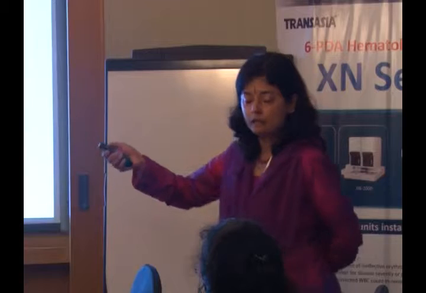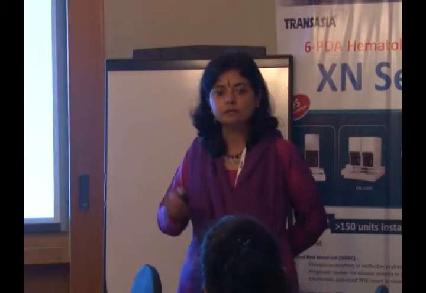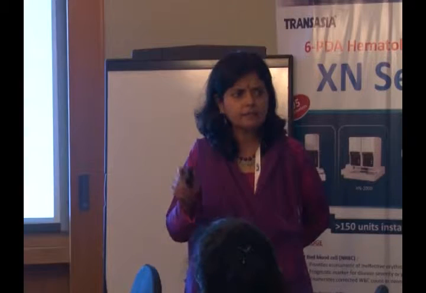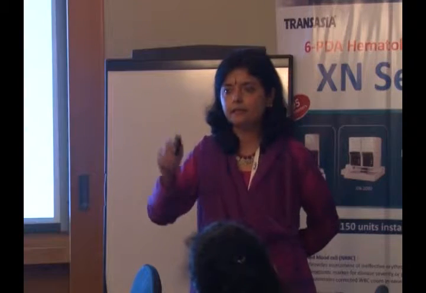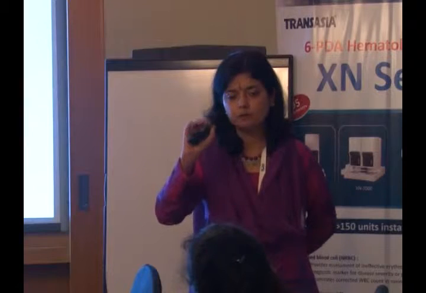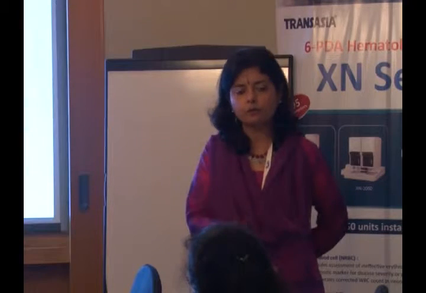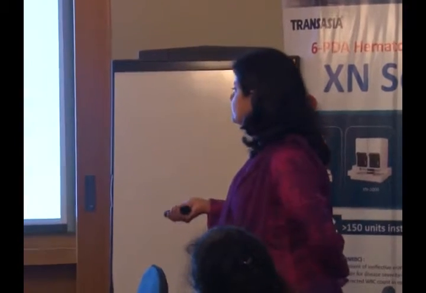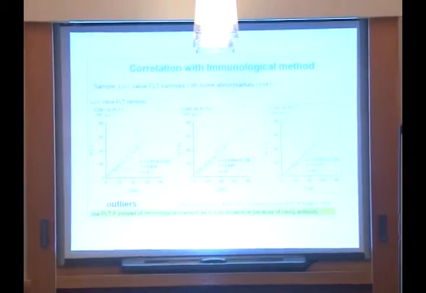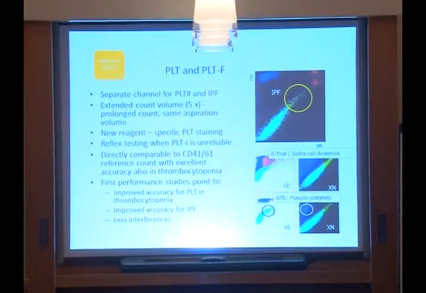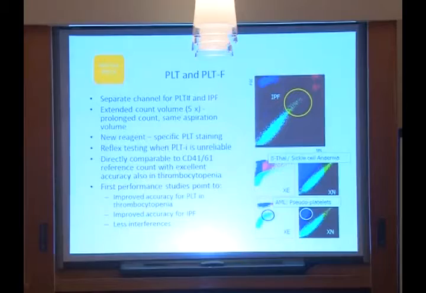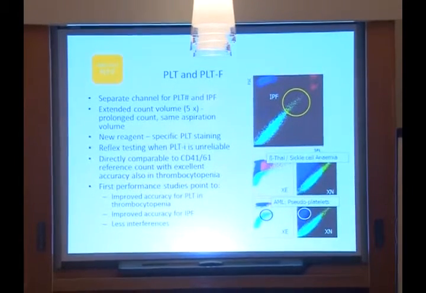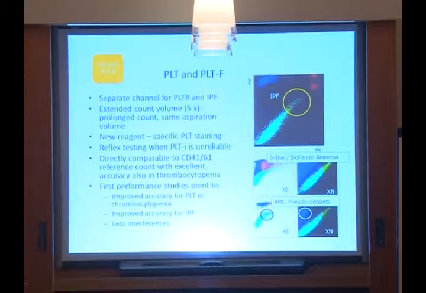This I say because this machine, Celldyne Sapphire, uses platelet CD61. I think it's an Abbott machine. They use a dedicated channel using antibody. That's also pretty expensive to do, but CD61, which is a marker for platelet, correlates very well with platelet fluorescence. In fact, platelet fluorescence is far cheaper to do than using CD61. But the Sapphire has a default way of using CD61 for all platelets. So in this XN we have a dedicated channel. This also requires a special reagent, but the special reagent is really worth it, especially in the times when you have low platelets.